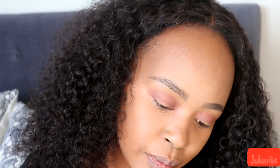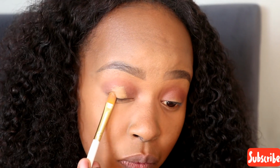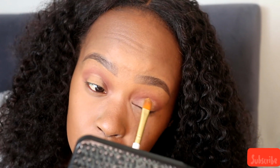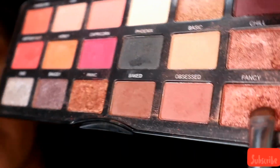And then I went in with the NYX Can't Stop Won't Stop foundation to cut out my halo center. So the eye makeup that I went for is a halo. I used this foundation to cut out the center of the lid. It's like a middle cut crease, if you may say. I used that to put down a base and get way more color payoff with this eyeshadow look. You can try using a lighter eyeshadow base or your light concealer, just to get a bit more color payoff,